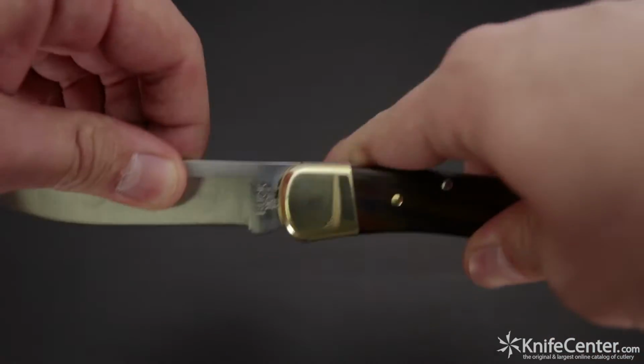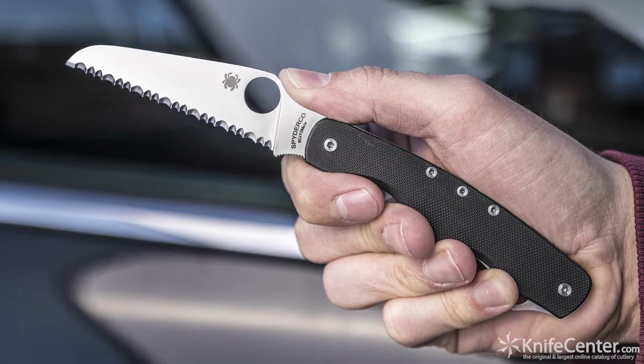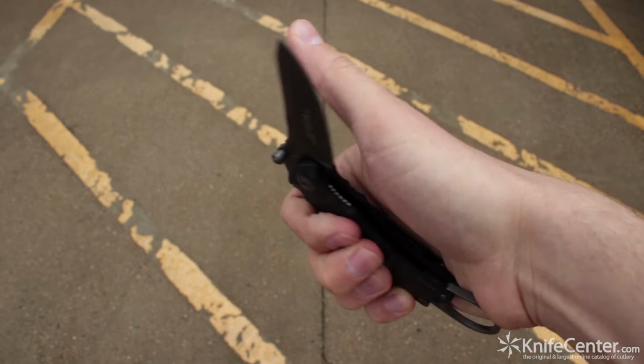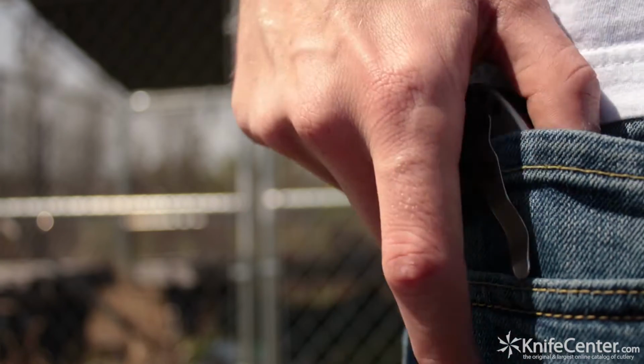Folding knives are great to have on hand for daily cutting tasks like opening packages or slicing fruit, but they also come in handy in emergency situations. If you're looking for a discreet self-defense tool, a folding knife can be a good choice. You can hide one in your pocket, and the design of many models means you'll be able to open them